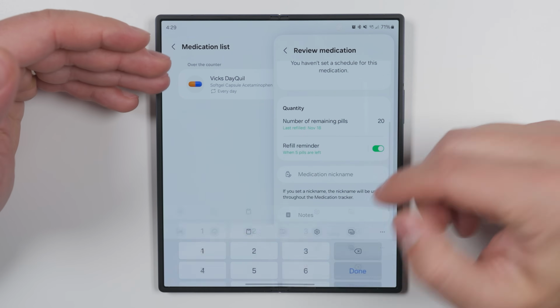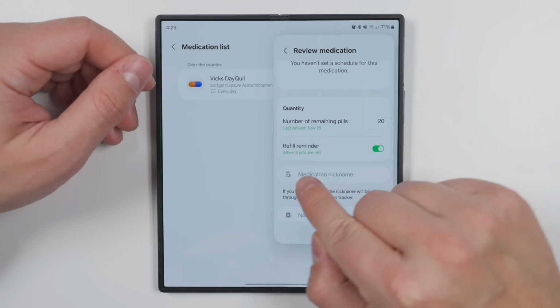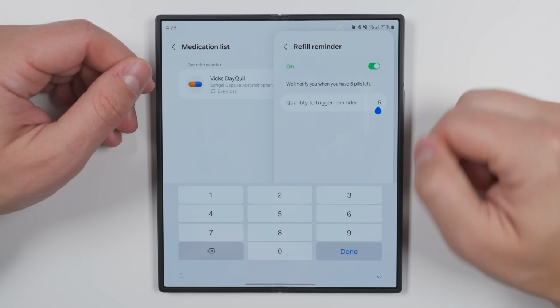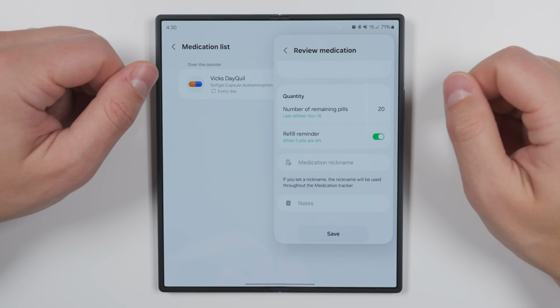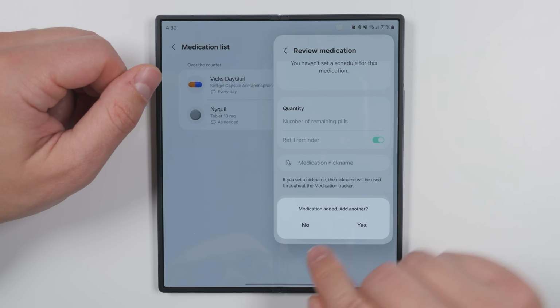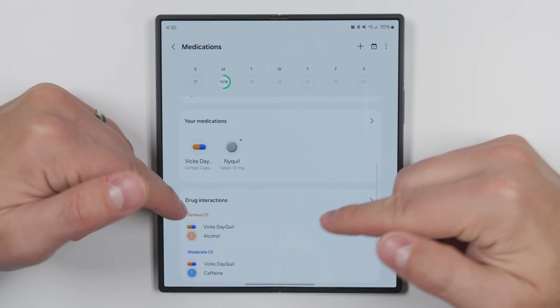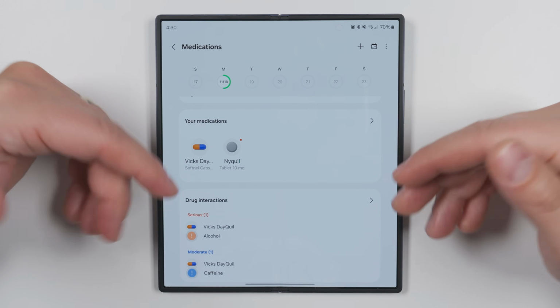And when you get close to running out of those pills, you'll get a reminder when there's a certain amount of pills left. And you can even choose how many pills to trigger the reminder with. Once you're done changing all of those settings, you can tap Save and tap No to finish or tap Yes to add another medication. Below this, you'll see drug interactions, and this will warn you if medications are going to